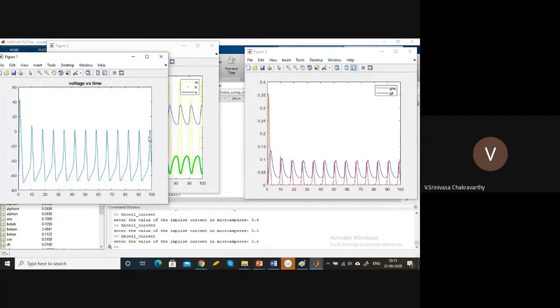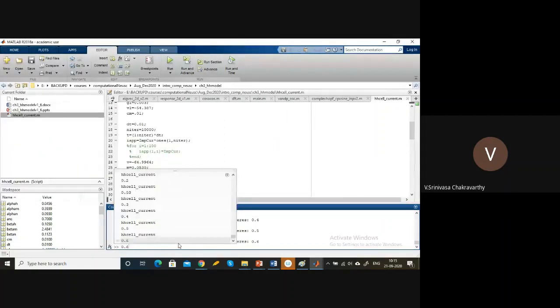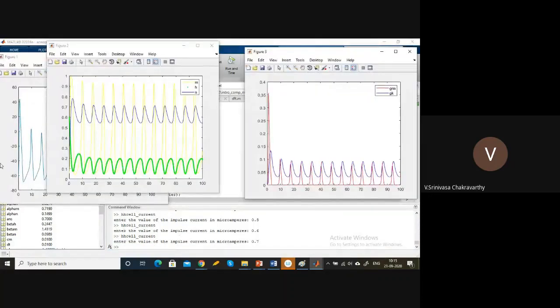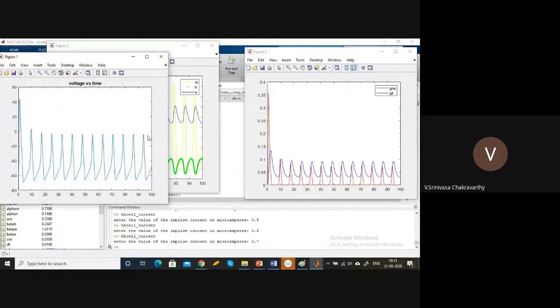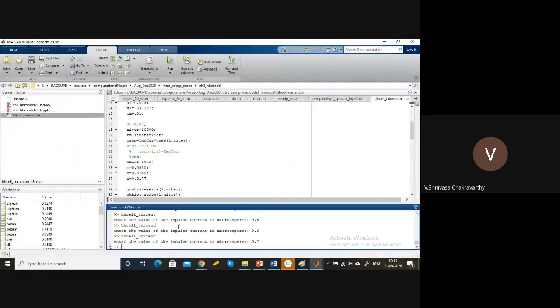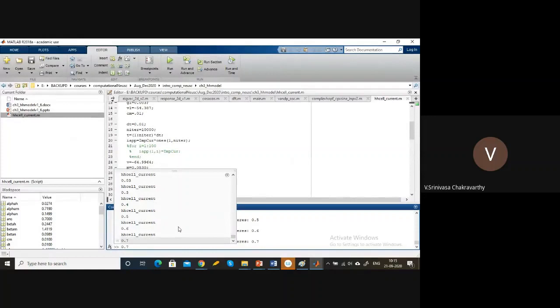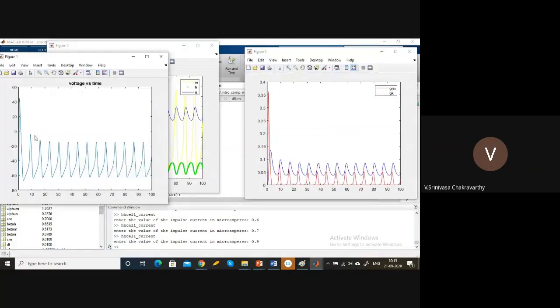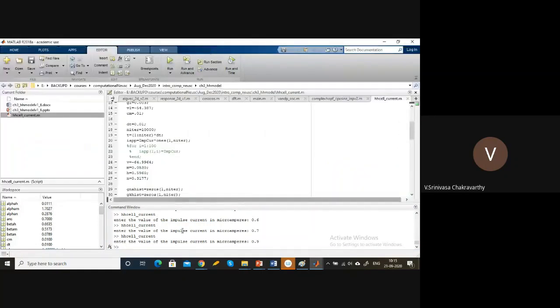The thing is, one of the basic features of an action potential is that the membrane, which is normally negative, gets depolarized and goes to positive values. Right, but whereas in this case, it's barely going into positive values. So at 0.7, if you go to 0.7, it has come significantly less than 0. So if you keep going like that, let's say 0.9, it's even lesser than 0.